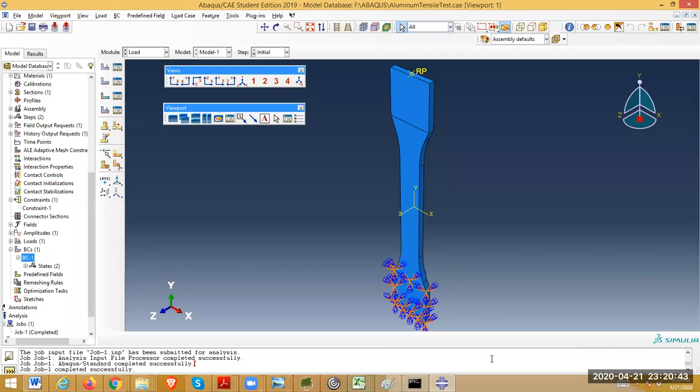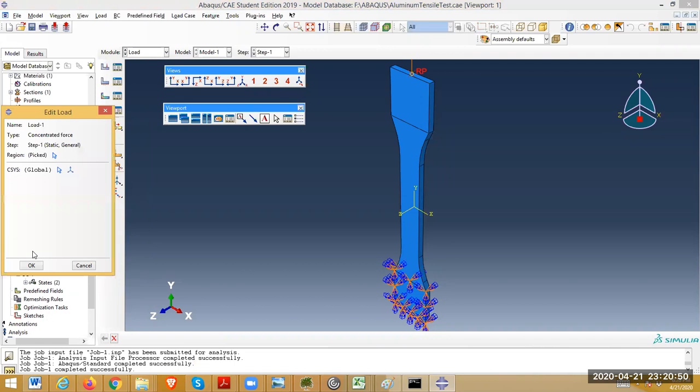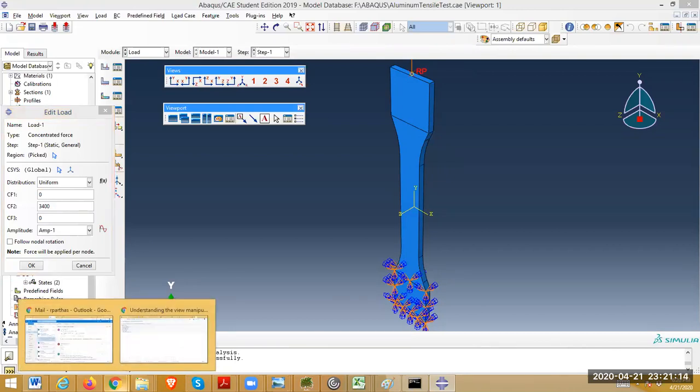No. Okay. Now let's see the load. So the load says that the load applied is to this reference point, and whatever is the motion of the reference point, the same is the motion of the entire block. That means we are restricting it to a rigid body motion. Okay. So the first question for this simulation is